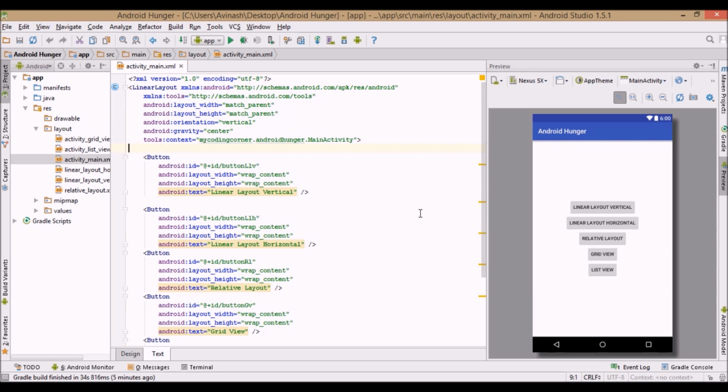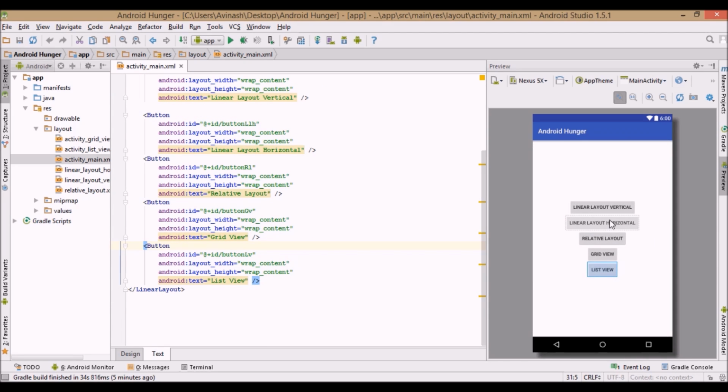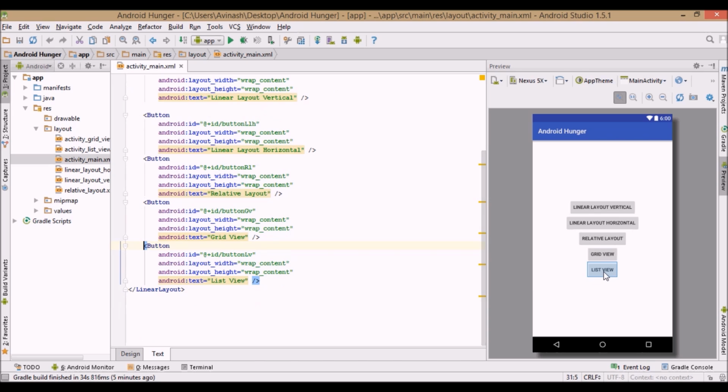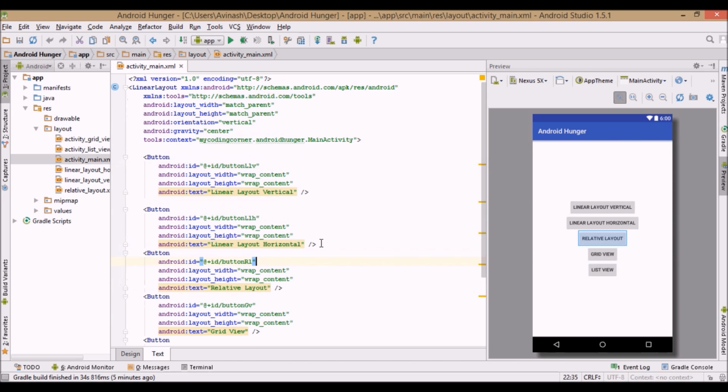This is the initial layout, how the application looks. We'll discuss linear layout with vertical orientation, linear layout with horizontal orientation, relative layout, grid view, and list view. This is the basic screen. This is the initial screen when the app opens, and when we click on these buttons, its related activity will open and show with its related view, that is, layout. So basically, we'll first